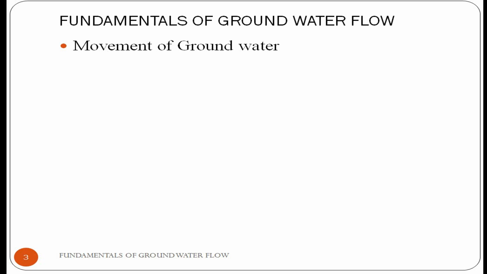The velocity is very small, in the laminar range of the order of 1 centimeter per second, and the Reynolds number Re for groundwater flow varies from 1 to 10 and is given by